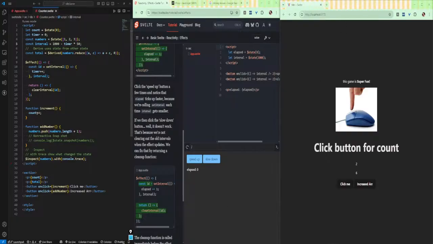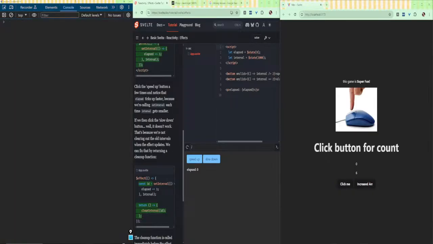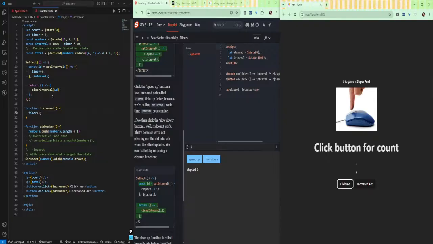So what is, oops, let's just say the timer. I still don't know, I want to increase count still. I don't know if that's adding to it. I guess let's just do